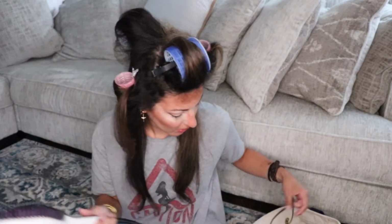I also find with me, my ends will just curl up if I don't do something like this. So I don't like my hair with just this brush. I've used it before and it just makes it kind of too straight. But if you blow dry your hair and then you hit your ends with it, or if you have a crimp or something, it will just smooth it out. I mean, I turned it off, it's completely cool already. But